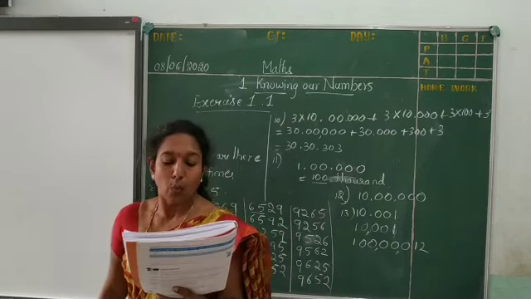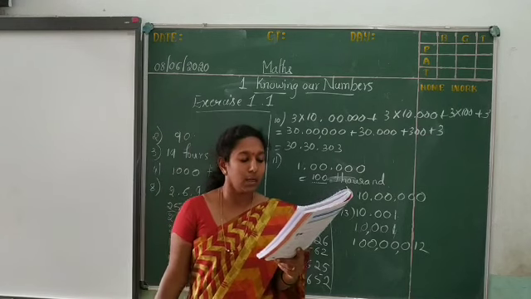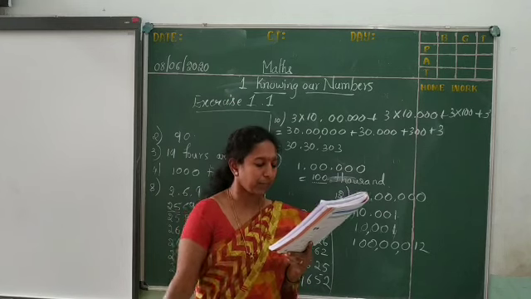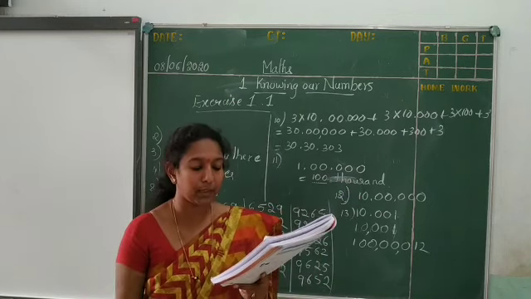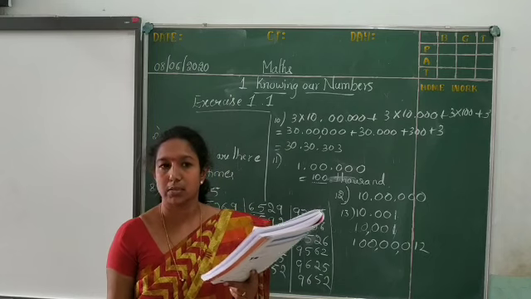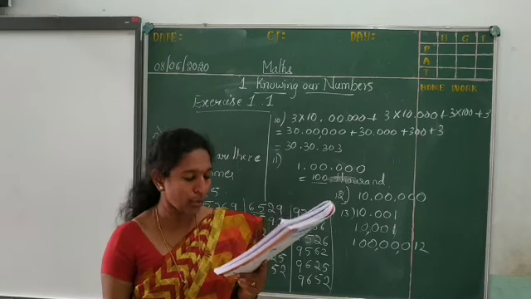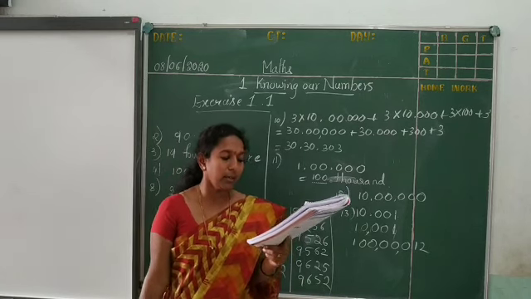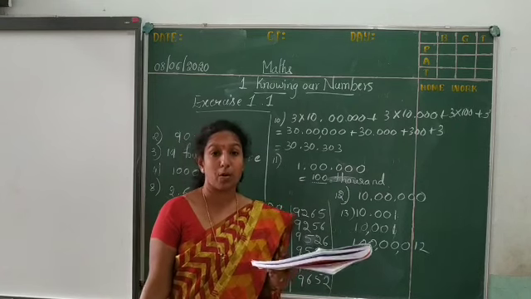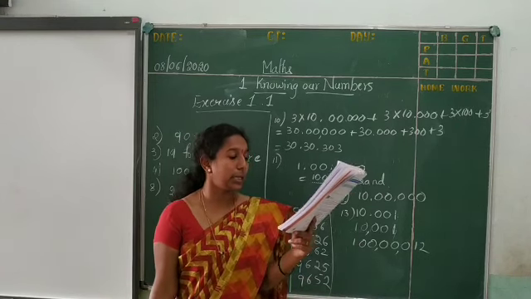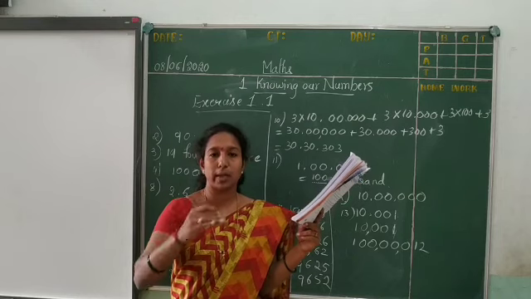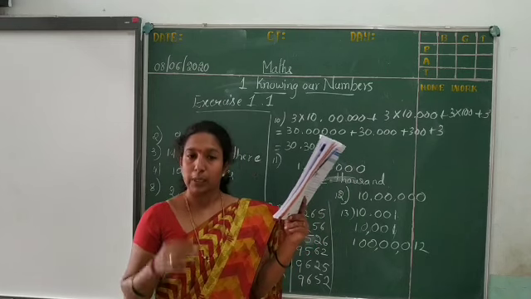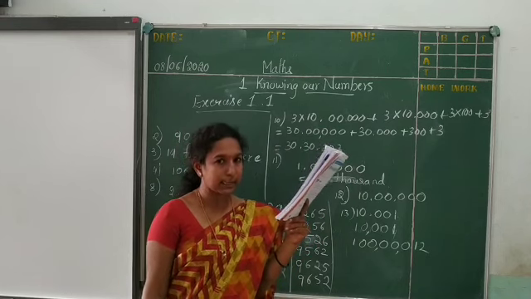Okay. Next, what is the face value of the number 3 in 35,678? Yes, 3. What is the place value of the number 5 in the number 15,886? 5,000. Find the sum of the place value of the 7 in. Here they have to find the sum of the place value. So here there are 3 sevens, right? Take the place values of all the 3 sevens and then add them. So you will get the sum of the place values of all the 7.